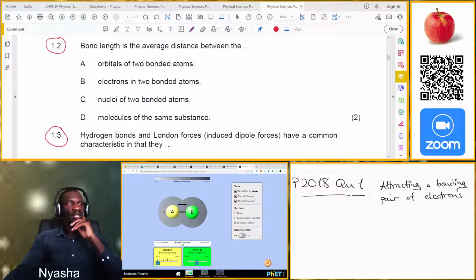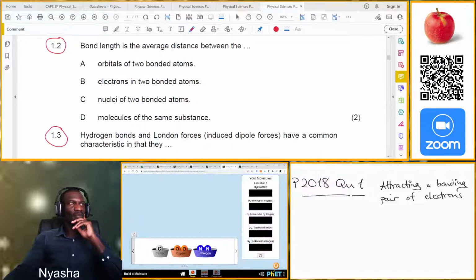So we wanted to see the length, isn't it? The bond length, and we can't see it there. Here we obviously can't see the bond length. Let's just see. We won't be able to see the bond length. So we are just trying to find